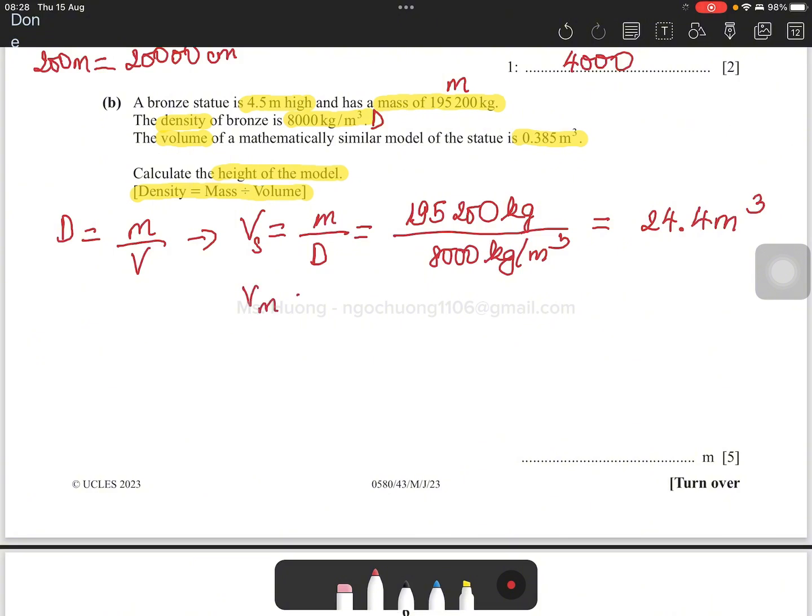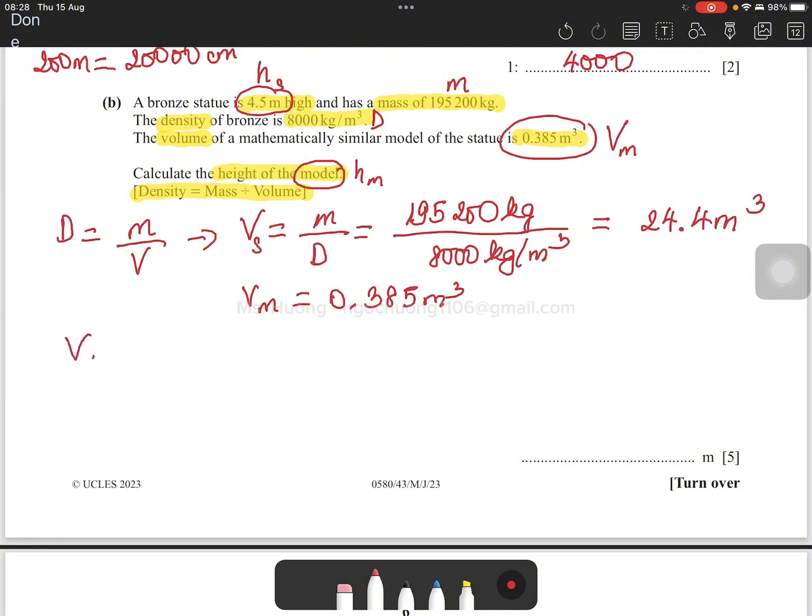And you know that the volume of the model is 0.385 cubic meters. It is given in the question. And you also know that this one is the volume of the model. And this 4.5 is the height of the statue. Now we need to find the height of the model. You know the relationship